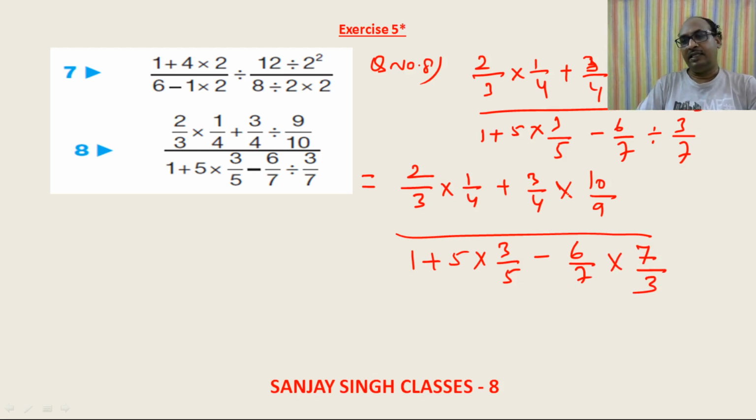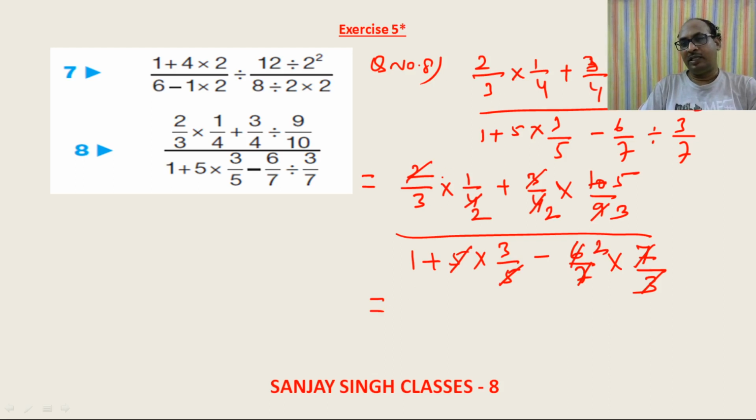Now we can see which things we can cancel. We can cancel this 2, 2 ja 4, right? We can cancel this 3, 3 ja 9. We can cancel this with 2, 2 ja 4 and 2, 5 ja 10. Here we can cancel this 5 and 5. Here we can cancel this 7 and 7. Here we can cancel 3, 2 ja 6. See how much easier it becomes.